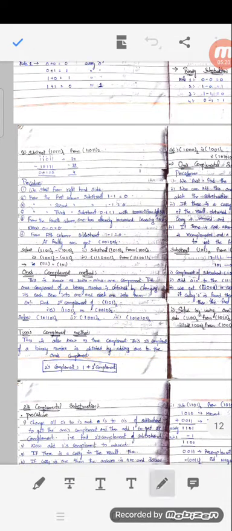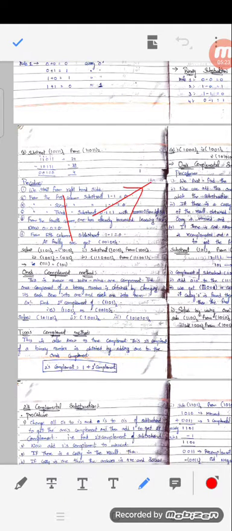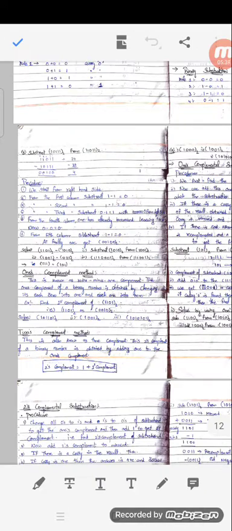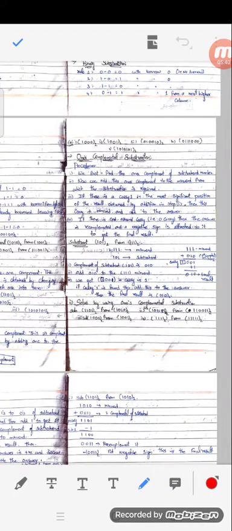The 1's complement is just making 0 as 1 and 1 as 0. And the 2's complement is taking the given value, finding the 1's complement and adding 1 to it. For example, if they ask to find the 2's complement for 1000 of base 2, what do we do? Make the 1's complement, 0111 of base 2, and add 1 to it.